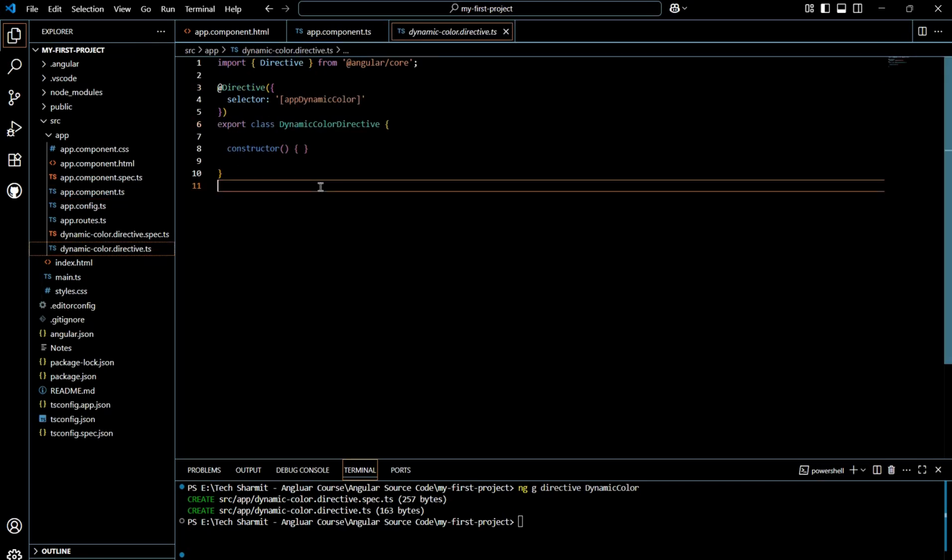Now remember, in the last session we simply applied one color and it was applied directly, and you can do the same thing here also. But this is not our motto. Our motto is to make it dynamic. So to make it dynamic, firstly,